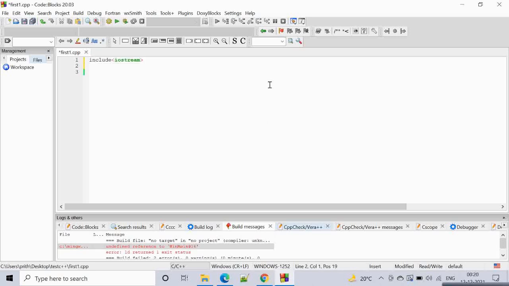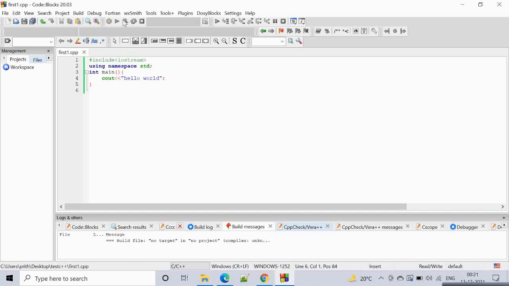You include these headers. Just to check whether the compiler is working and the output is coming, I will just run hello world for you. Let's press Control S to save it, and click on build and run. So what's the issue? Hash will be there, hash include, and you get hello world over there.